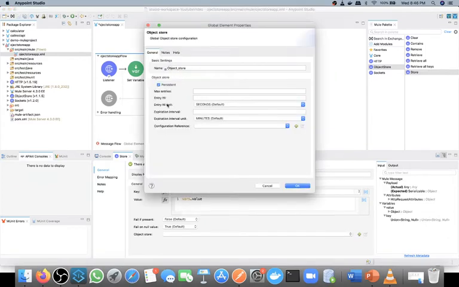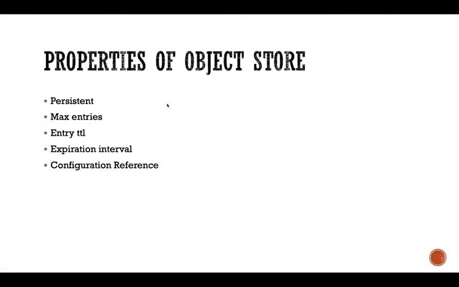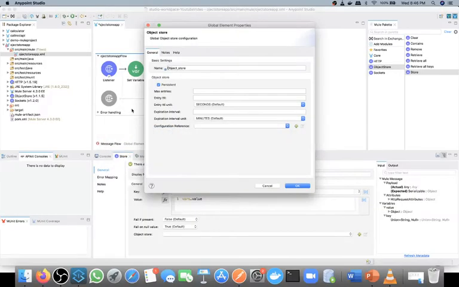Here you can see, if you remember our first part, we have multiple properties. One by one we will configure all the properties. The first property, as I told, if we select persistent, then we are storing our key value pair inside our drive, so even if we restart our application, our data will be there.